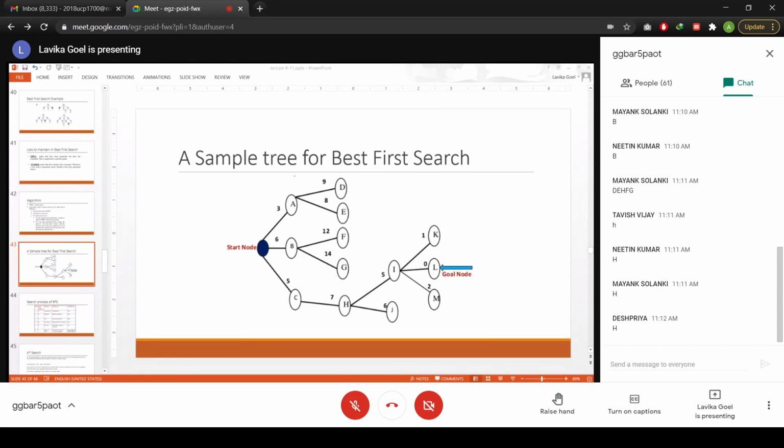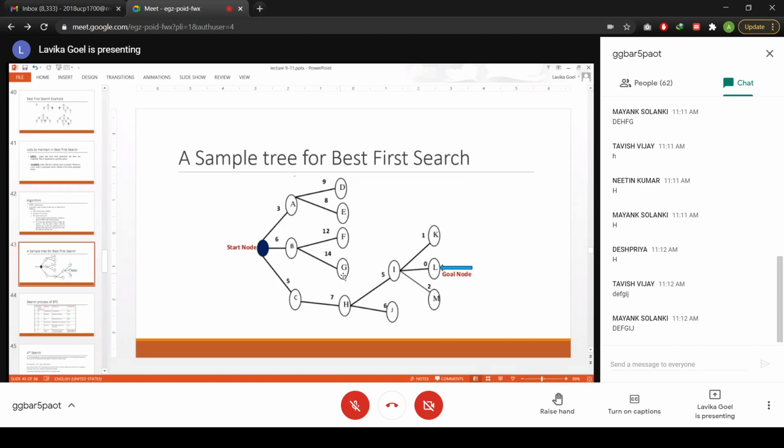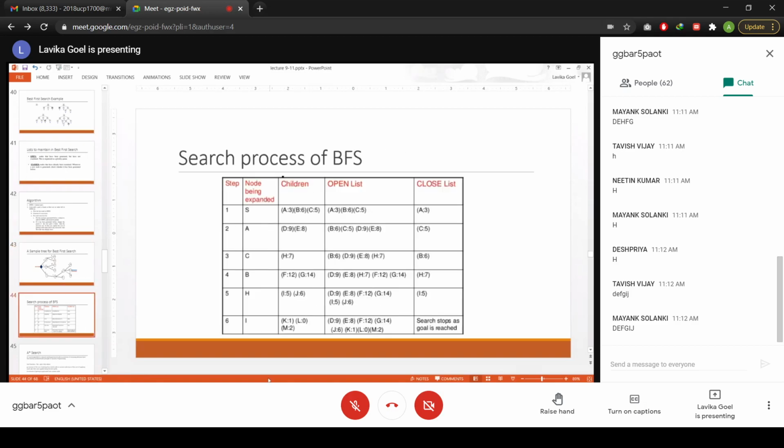So now your open list consists of I, J, D, E, F, G. Correct? So D, E, F, G and I, J. These 6 nodes are now in the open list. Now you arrange them in the correct order. First you had generated D and E, then F and G, and then finally I and J. So the order is D, E, F, G, I, J. Now you have your open list consisting of 6 nodes. Again from these, you have to find the best one, basically the one with the lowest heuristic value. So which one?